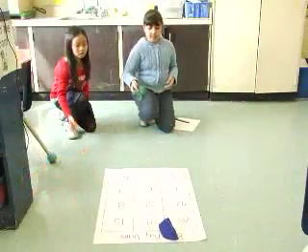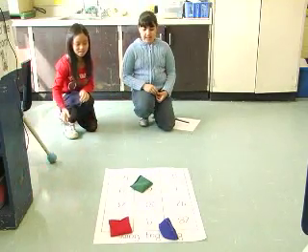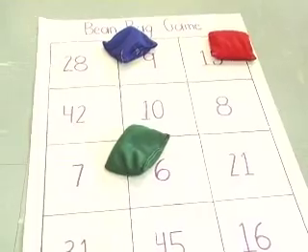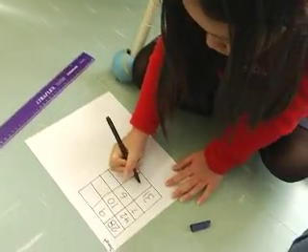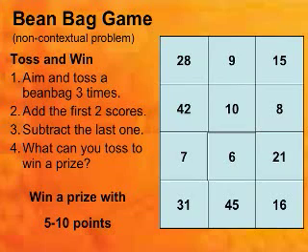So the way the problem works is they throw, and presumably they aim to get certain numbers, and they have to do some additions and some subtractions. What I want you to notice about the beanbag chart that I have there is that I've particularly selected numbers so the kids have choices. They could aim at the one-digit numbers or easy numbers like 10, or they could aim at more difficult numbers like 42 and 28 to do their computations. They can be successful at winning the prize, which is what the game is about, whether they pick the littler numbers or the bigger numbers, but they get a choice.